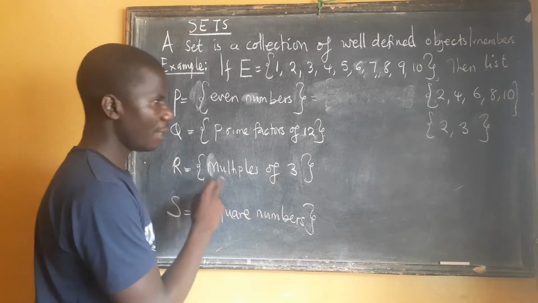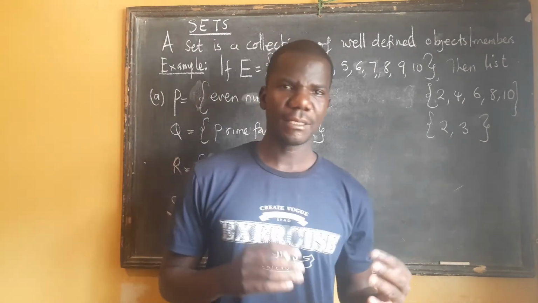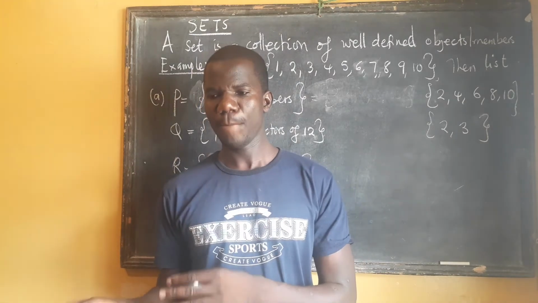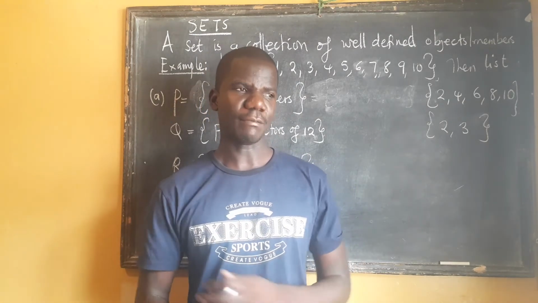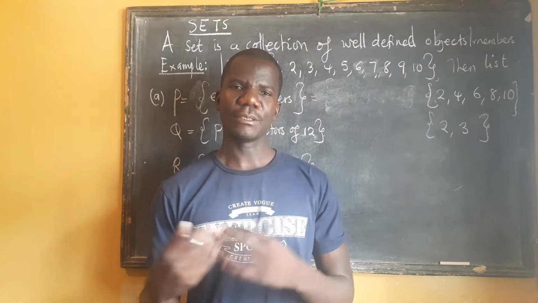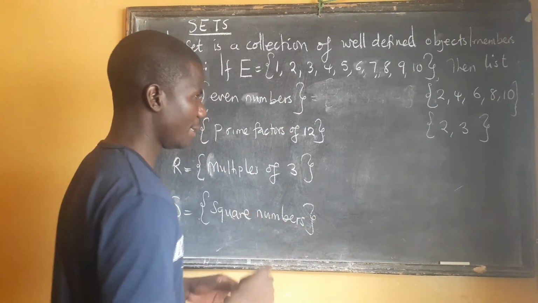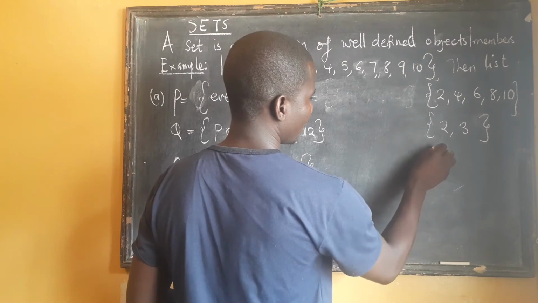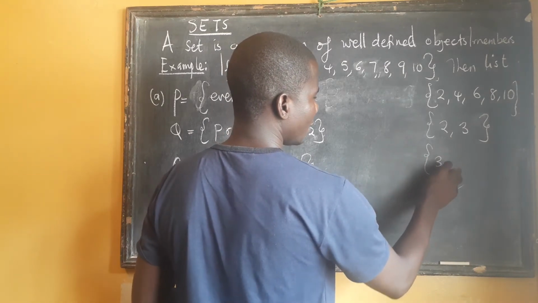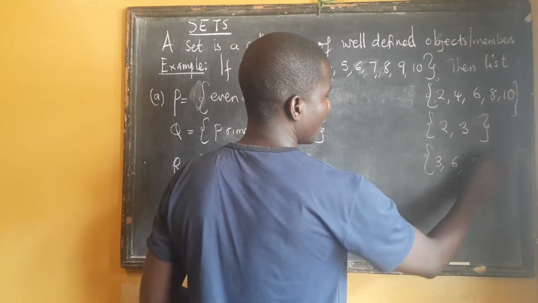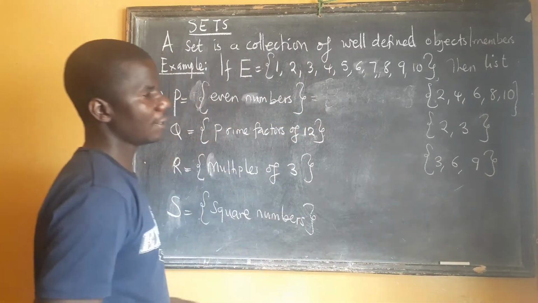Multiples of 3 are numbers that 3 can go into without a remainder. We have them on that list which I've given you. You need to write those things down, read them, understand them. Multiples of 3 are numbers that 3 can go into without a remainder. And from this list, those numbers are 3 itself, 6, and 9. Okay?